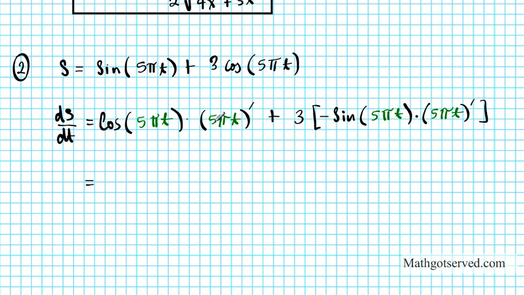The derivative of 5 pi t is just 5 pi, because this is t to the 1, and when you differentiate t you just get 1. So we can bring the 5 pi to the front. We have 5 pi cosine 5 pi t,